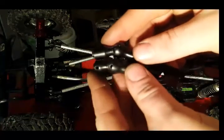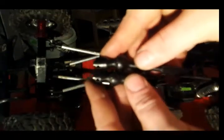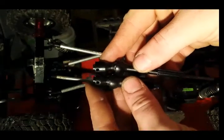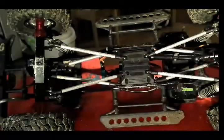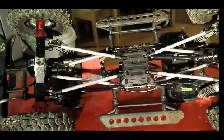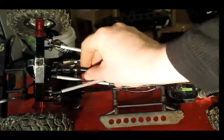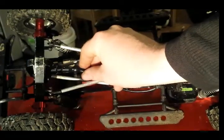Let's see if I can get them to go flat. There we go. As you can see, there's a major difference. So make sure you get the longer end. Right, and to install it, it's literally as easy as stick it on, slide it up,